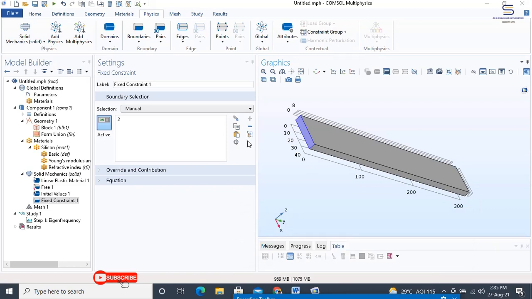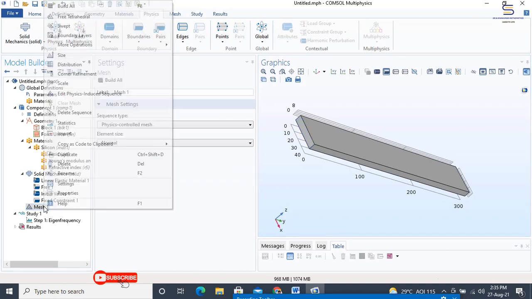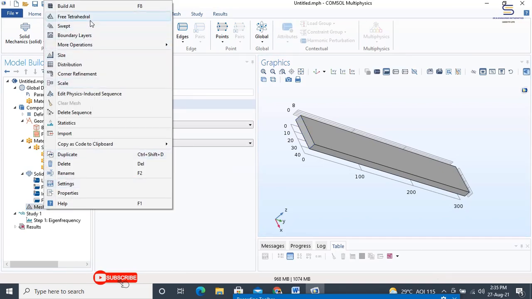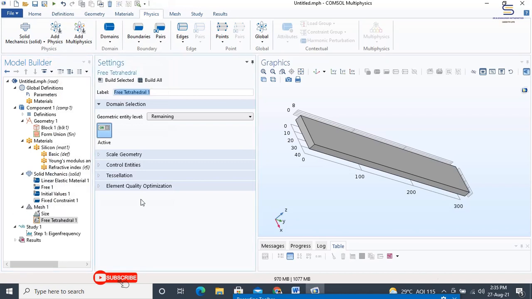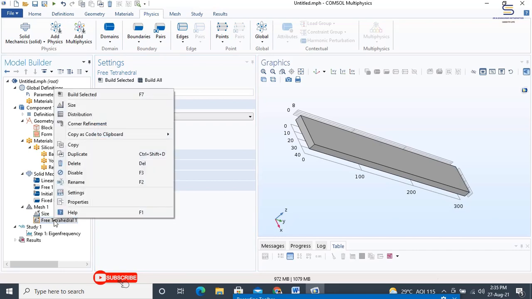So when this has a fixed constraint, we should proceed into meshing. That is, right click on mesh 1 and then click on free tetrahedral. In the free tetrahedral, right click and then select size.